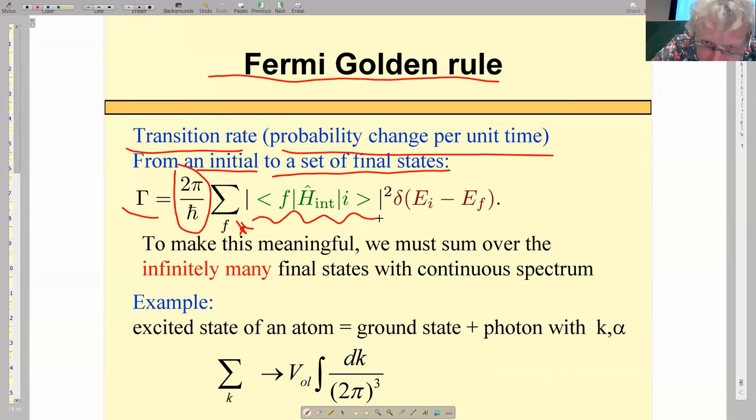And then there's a very funny expression, which might seem natural. What does it say? It's a delta function, and the delta function is not zero only if the energy of the initial state is the same as the energy of the final state. Energy conservation, it has to be valid, right? It could not really extract energy from anything which decays. Energy must be the same. So it looks like it's in the right place.